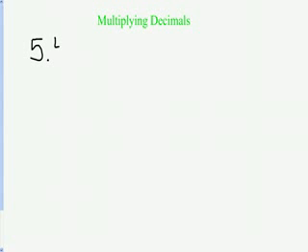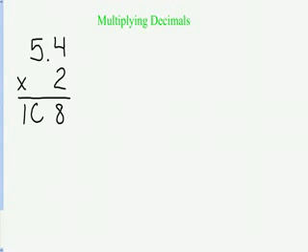Our first problem is going to be 5.4, 5 and 4/10, times 2. So I'm going to do my math. I'm going to do 2 times 4 is 8. 2 times 5 is 10. Now I have to figure out where to put the decimal. So what I have to think to myself